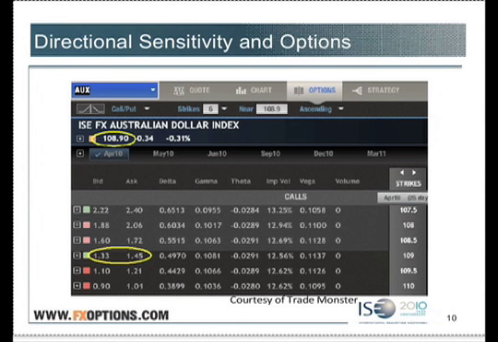It's very natural for us to think about trading directionally, but I'm spending a lot of time on this only because there's more to options than direction. We're going to start here, though. Let's say you're looking here at the AUX. Are you guys familiar with the AUX? That's the Australian dollar. That's U.S. dollars per Australian dollars. U.S. dollars over Australian dollars, right? So if the AUX is trading at 108.90,